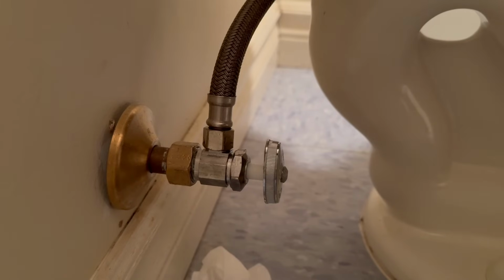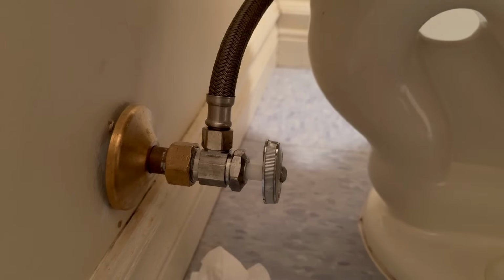So most likely it was that packing nut, but I went ahead and tightened up the supply line and the packing nut. Now there's no more leak. Them are the two most common leaks with any stop, including underneath sinks and/or...